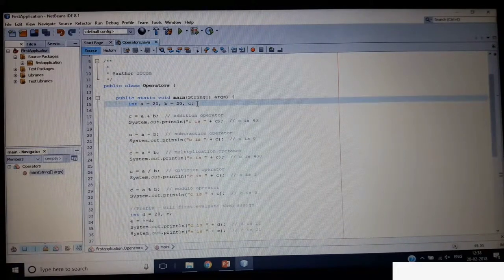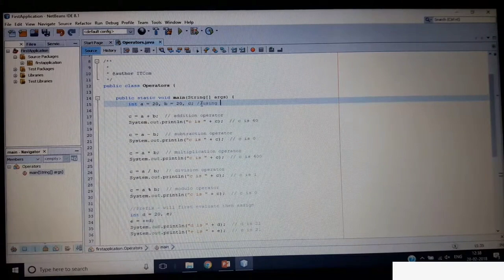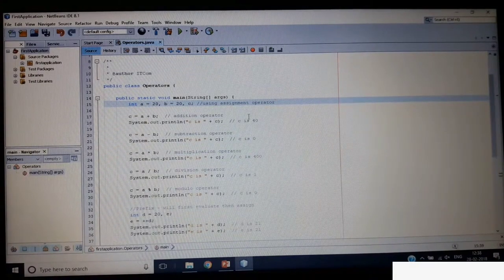So we can even write a comment here. Let's say I'm writing a comment: using assignment operator for assigning values, or you can say initializing the values of